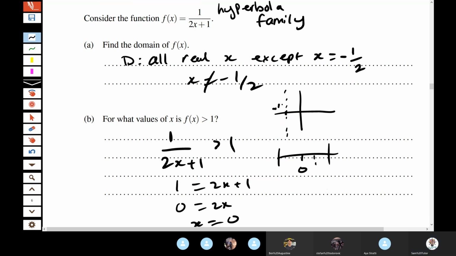Then you know that it's just a basic hyperbola, so it's going to look something like this. You know that when x is 0, y is equal to 1. Okay, some stuff is starting to make more sense now. We'll draw it out. So for what values of x would this f of x be greater than 1? If I had just said x is less than 0, I just got it wrong, didn't I? Because it's from